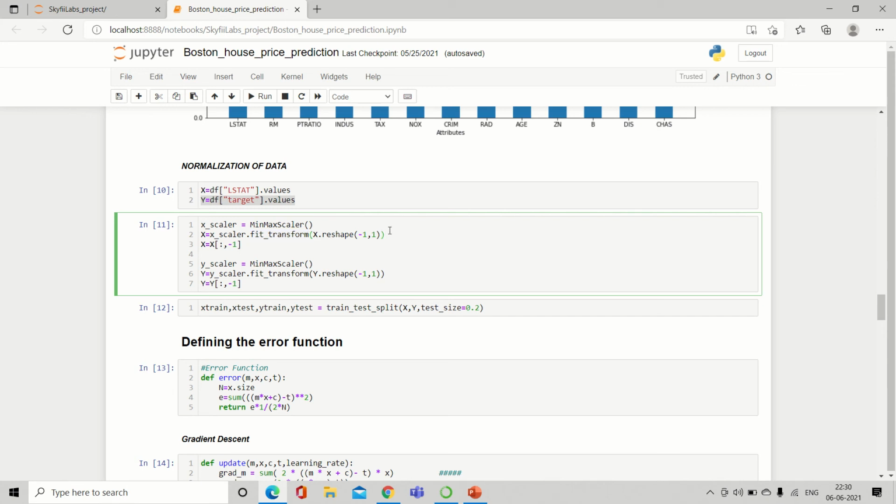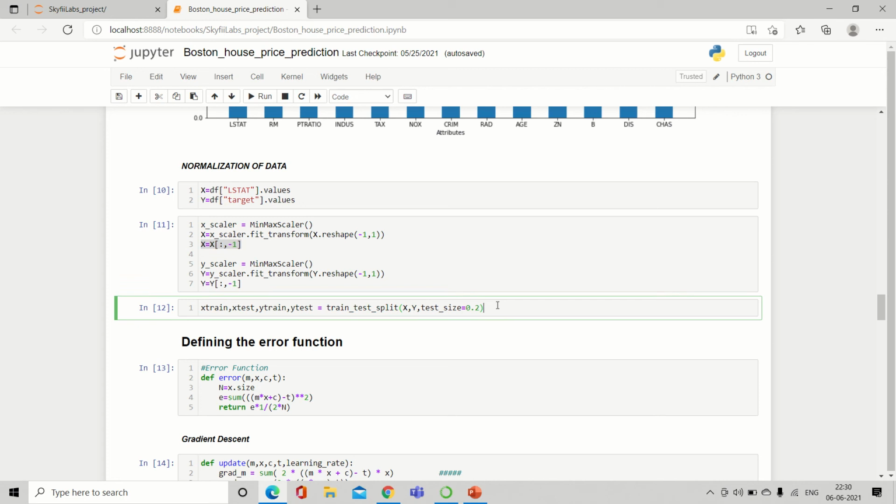Basically, fit finds the maximum value in the attribute and transform applies it to the data set and converts it from 0 to 1. Different scaler objects should be used for different columns. Like here, for X we have used X_scaler, and for Y we have used Y_scaler. And during scaling, one extra dimension is produced, so in order to avoid that, we are doing this.